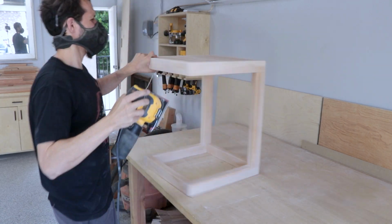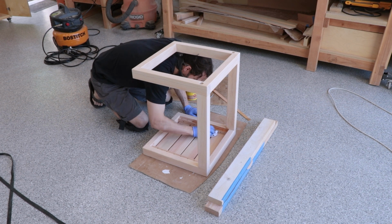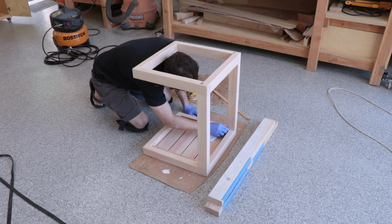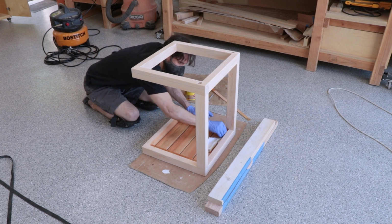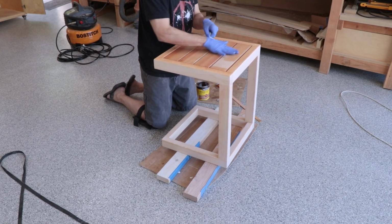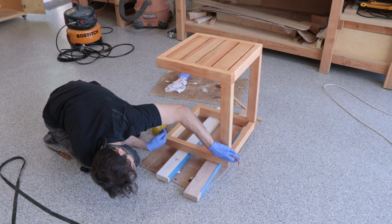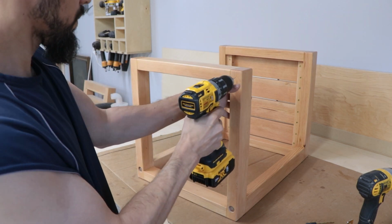So after that, I give the whole thing one final sanding, and then we can move on to the staining. And since this is all one big set, we're using the same color that we did on the other ones. So we just kind of go through. I kind of like to do the bottom first. Don't ask me why. It's kind of my process. Then we go through and stain the rest of it. And we did use the same spar urethane finish,